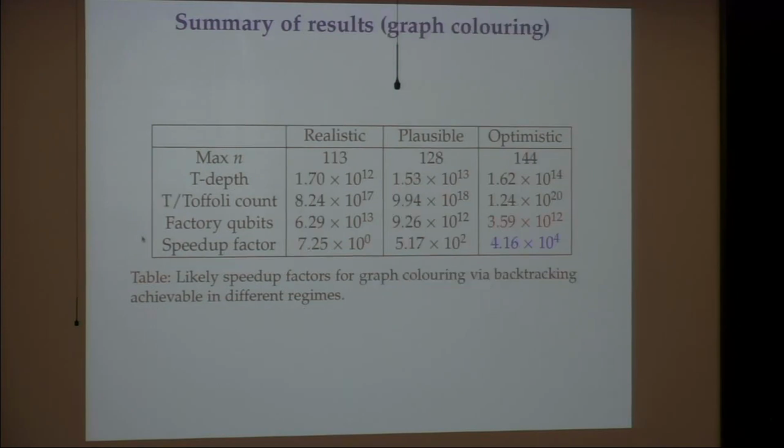And in the case of graph coloring, things are kind of simple, only a little bit worse, the numbers actually. So we get about a speed up of 4 times 10 to the 4 in the most optimistic case. And it's interesting because I guess this parallels some work that was done on quantum simulation, in that